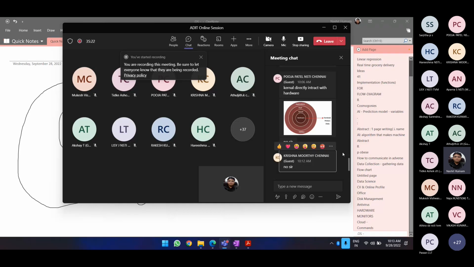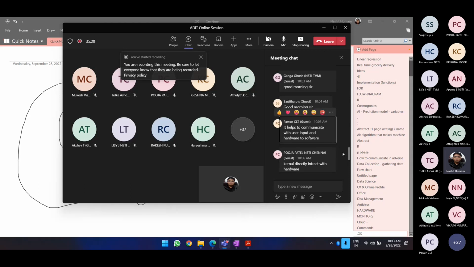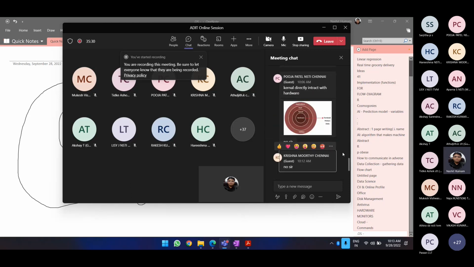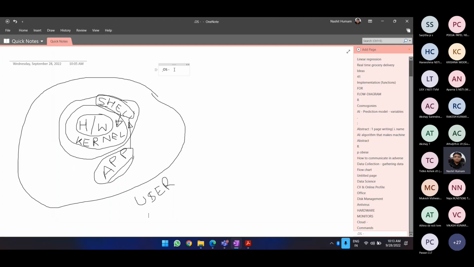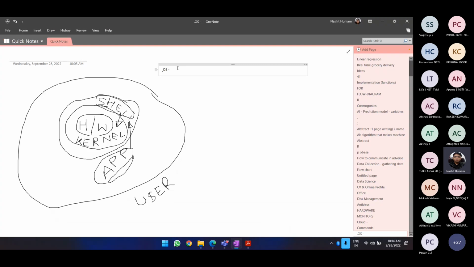Kernel directly interacts. Correct. Very good. To communicate. Yeah. User input. So how do you define an operating system? In case you ask me, I would say that this is an interface between the user,